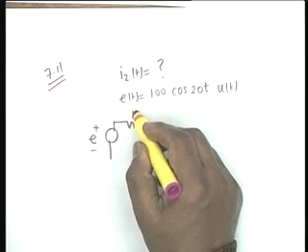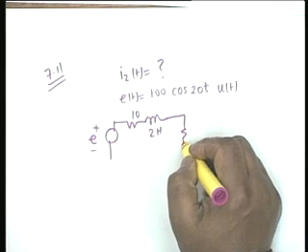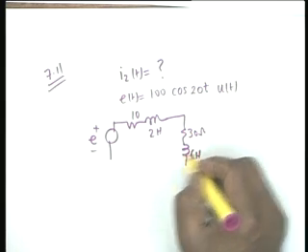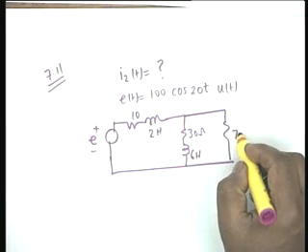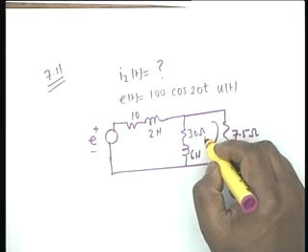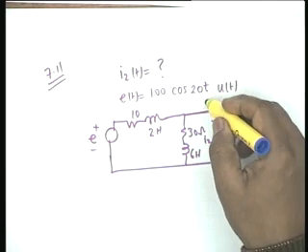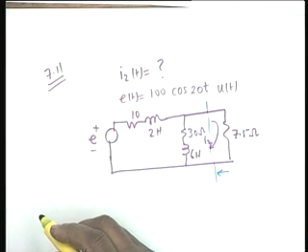then you have 10 ohms and 2 Henry, then 30 ohms and 6 Henry, then you have 7.5 ohm, and this is the current that you have to find out, I2. And you have to apply Thevenin's theorem. Obviously this is the load now, so you will have to apply Thevenin's theorem to the left of this line.